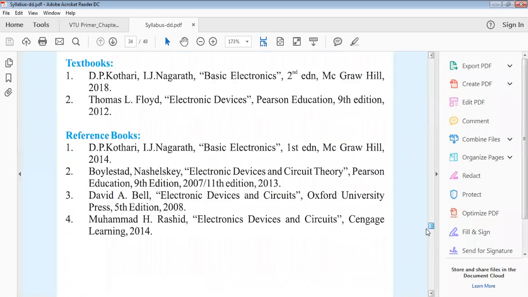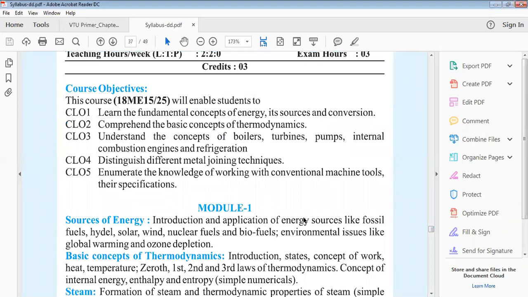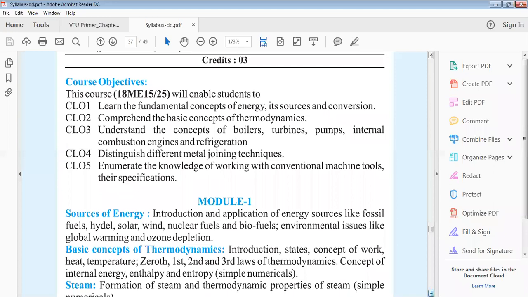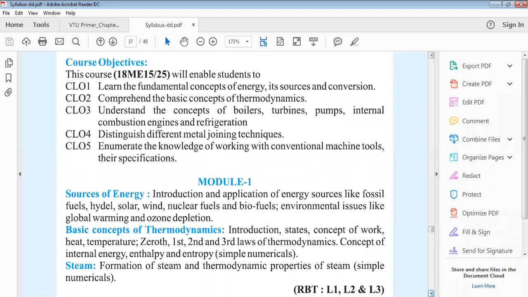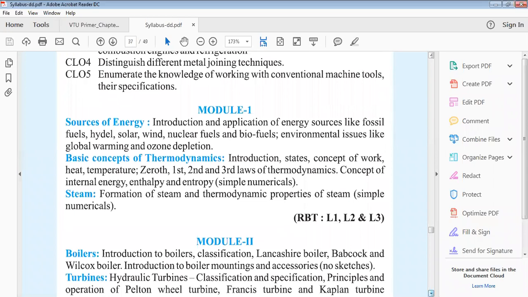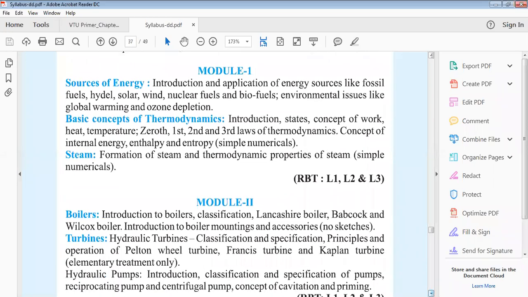And also, I have shared with you a soft copy of the material, and I've also uploaded it in the Google Classroom. You can go through it, but it is slightly changed because it is with the previous syllabus. It is the old syllabus, but almost all this content is going to be the same, but it may be shifted from module 1 to 2 or 2 to 3 like that. So maybe in different modules you will get it, but more or less all the content is considered, I hope.